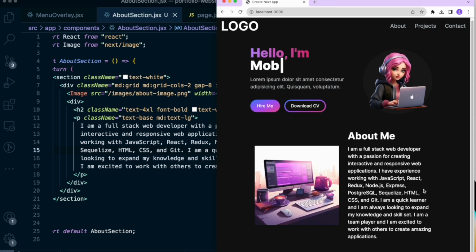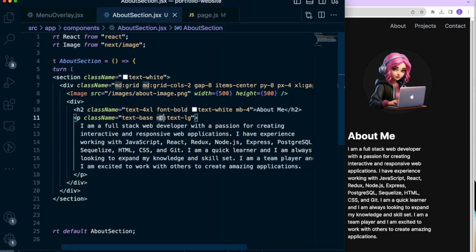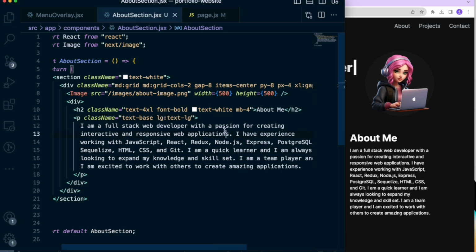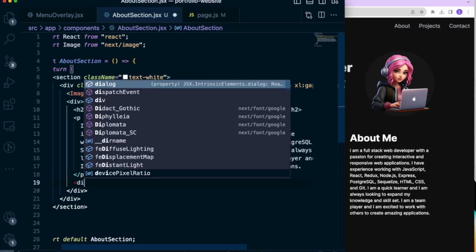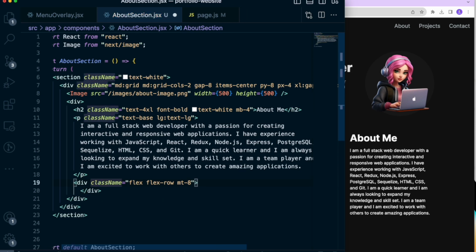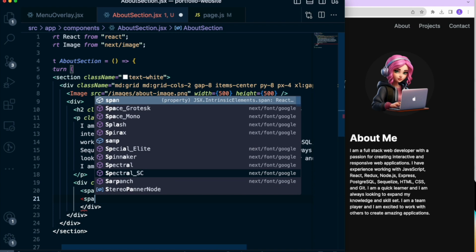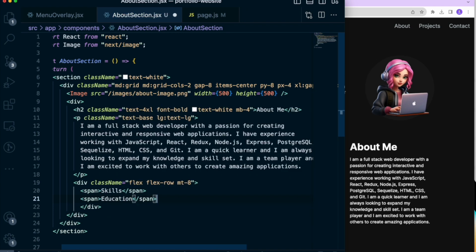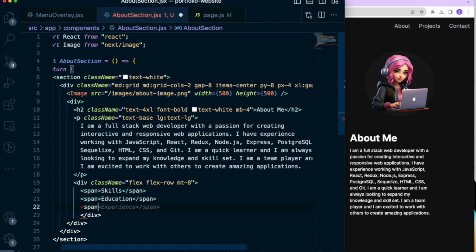Okay, that looks better. Let's do it a little bit larger. This medium is smaller. Big breakpoint, and this is after the description. We're gonna have different tabs basically, and we want the tab names to show up in a flex row direction, so that's why we create a wrapper container. And inside here, before we create the tab itself, I'm gonna show just three spans. One would be for skills, education, and then experience,